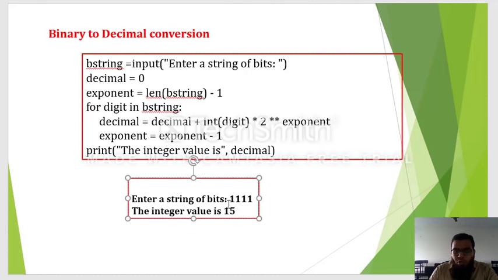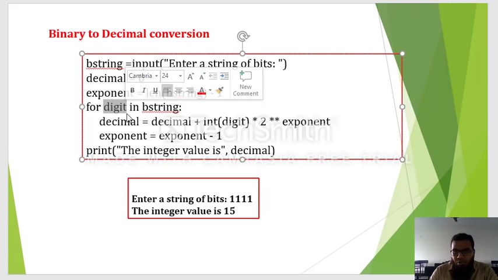So to traverse from the first value to the last value, I am taking a for loop. Here digit is a normal variable. Okay, you can write n also here. For n in b string you can take it, or for digit I am using a digit variable. So for digit in b string, now decimal is equal to decimal plus, what I need to convert, that digit,